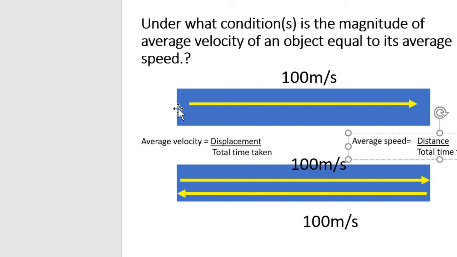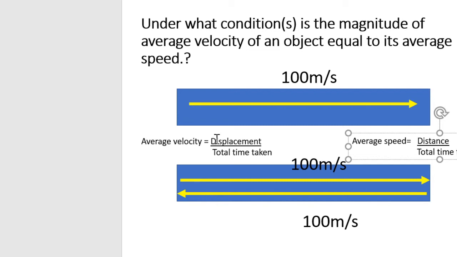Now let's understand what will happen if the boy starts from one end, goes to the other end here, and then returns back to the same point. Means the boy has changed his direction. What happens when you change the direction? Are the distance and displacement going to be the same? No, it will be different. In this case the displacement is 0 because he started from the initial point and again came back to the same point, right? So in this case the displacement will be 0.